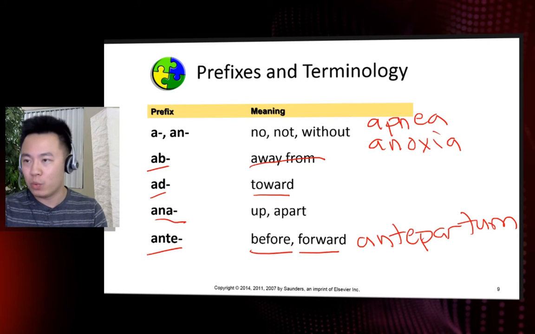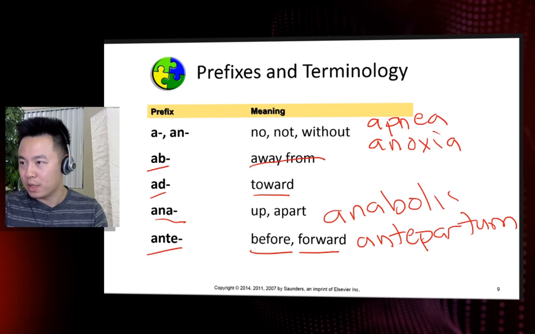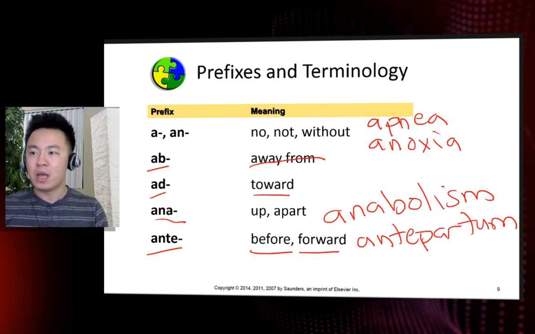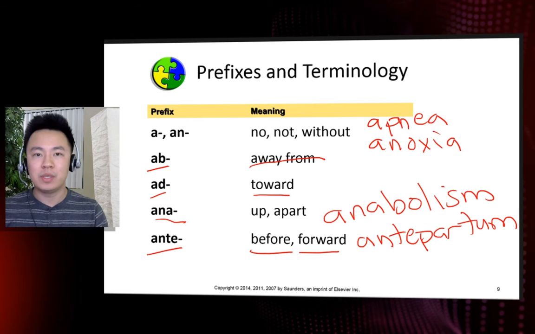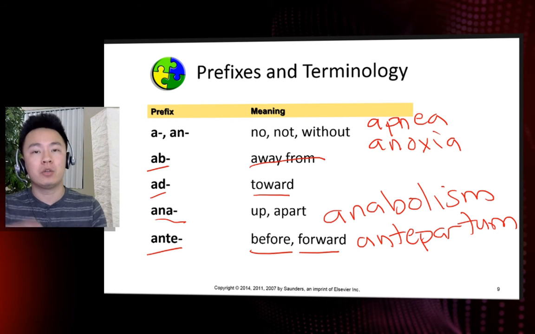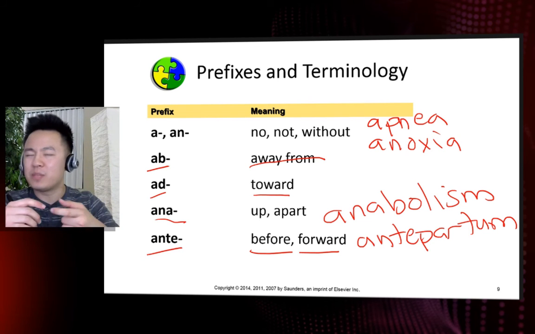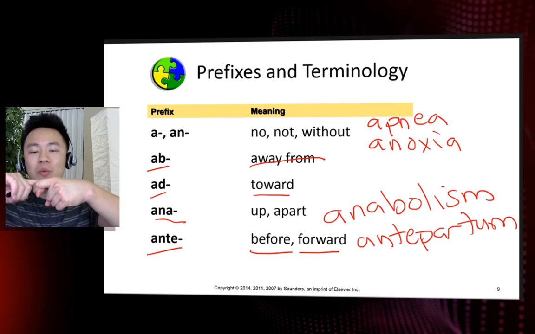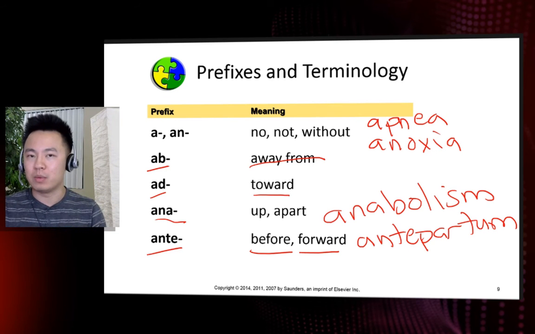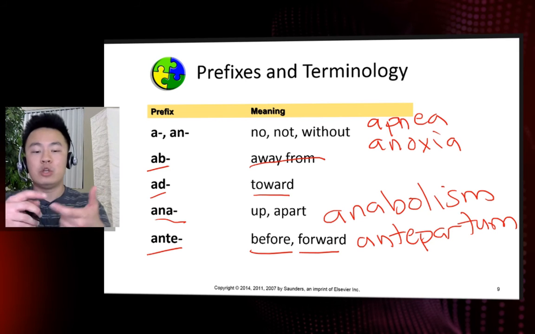For example, you might hear the word anabolism, and we definitely remember the word anabolism from a previous chapter. Anabolism is a chemical process that is part of metabolism that describes larger molecules being built from smaller building blocks. For example, whenever a protein's being made, you take amino acids and they combine together and they form a bond. Some of you might know what this bond is. It is a peptide bond. Those two amino acids come together and they form that dipeptide, or this new protein that's being made.